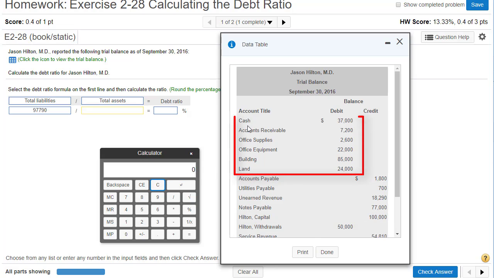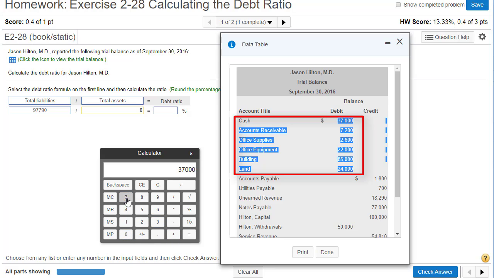Now we need to calculate total assets. So the assets are cash, accounts receivable, office supplies, office equipment, building, and land. So these are all things that the company owns and has a future value. That's the definition of an asset. So we're going to add up these. So we've got $37,000 cash plus $7,200 of AR plus $2,600 of office supplies plus $22,000 of office equipment plus $85,000 of a building plus $24,000 of land. Gives us $177,800